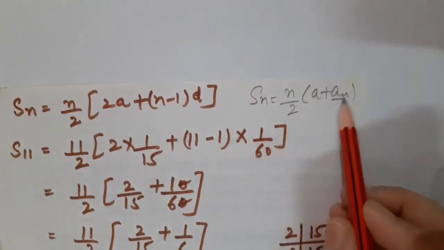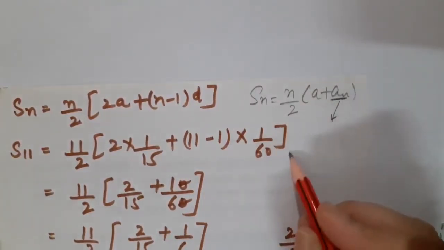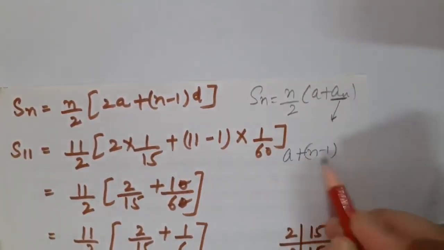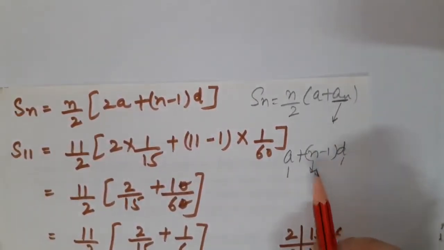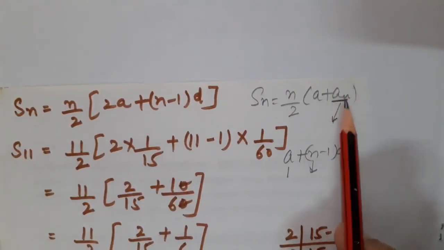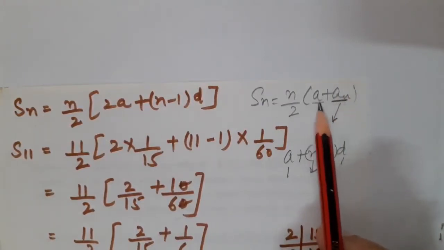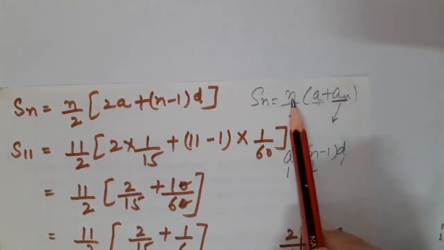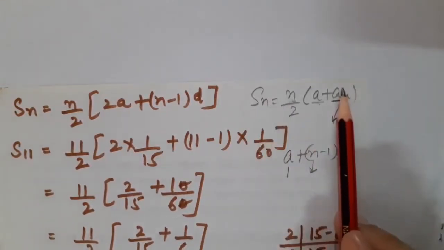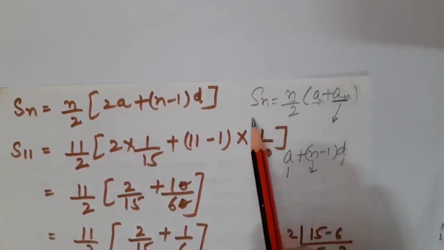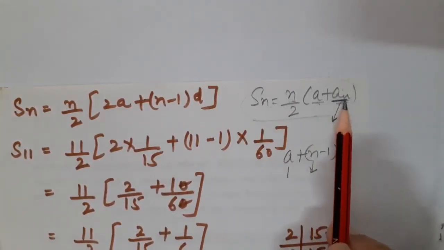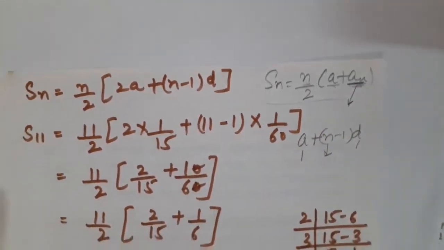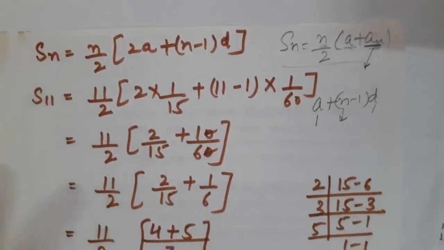See, what is the formula of an? An you know, that is a plus n minus 1 into d. You know a, you know d, you even know n also. So we could calculate an also. We will have a given. We know the number of terms also. So we could apply this formula also. That depends on you. But using this formula, first of all, you would have to calculate the nth term of the AP. Here we are not supposed to calculate the nth term. We could directly substitute the given values.